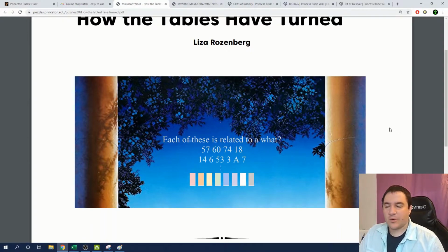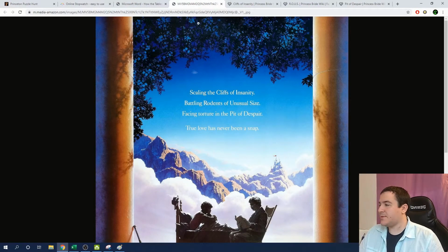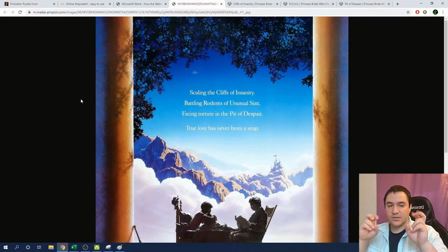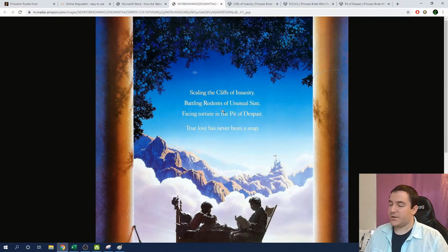Okay, so for a while now I've been stuck on what this question is referring to when it says each of these is related to a what. And I could not for the life of me figure out what these was referring to. I kept coming back to the fact that this is a picture taken from the poster of The Princess Bride. So I'm thinking that these in the question could refer to the various plights that are described here at the beginning of the poster: scaling the cliffs of insanity, battling rodents of unusual size, and facing torture in the pit